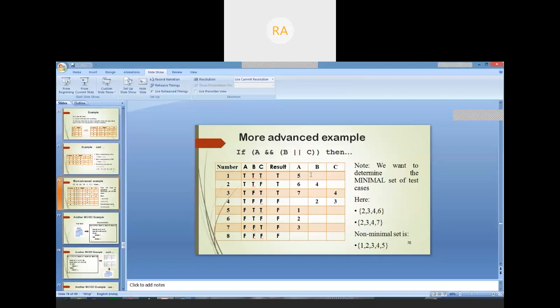After that, along with test case number 1 and test case number 5, see how it will impact the result. Initially they have taken up test cases 2, 3, 4, 6, which will actually impact the final outcome. Later they have taken 2, 3, 4, 7. Then the minimal set they have arrived at is 1, 2, 3, 4, 5. These are the test cases which will be impacting the final outcome independently.